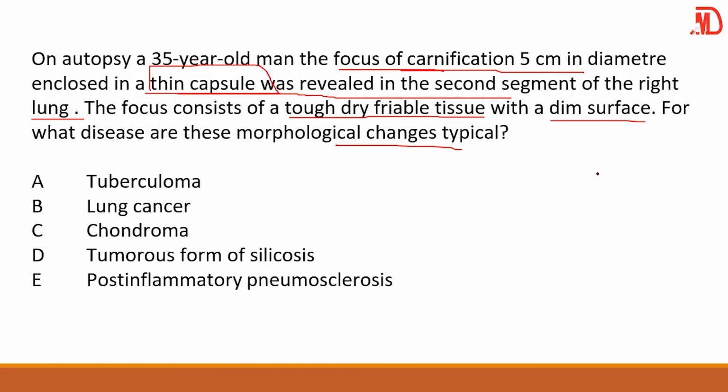So if you have a focused necrosis of a specific size enclosed by a fibrous capsule, obviously you are looking at a tuberculoma. This is a complication of tuberculosis. So over here, we're looking at a tuberculoma. If you check the pathomorphology that we did the previous time, we have highlighted the different types of